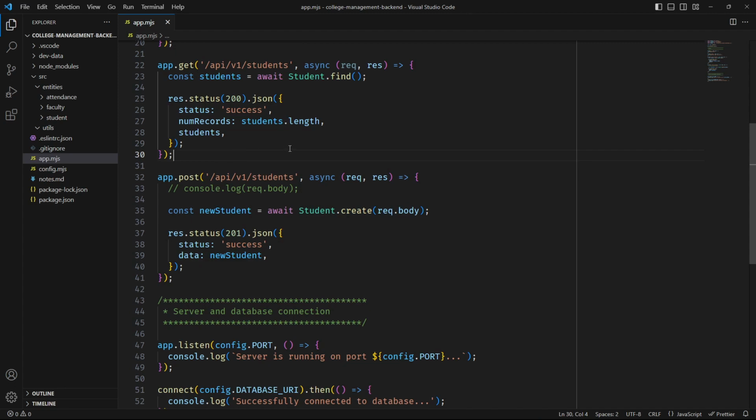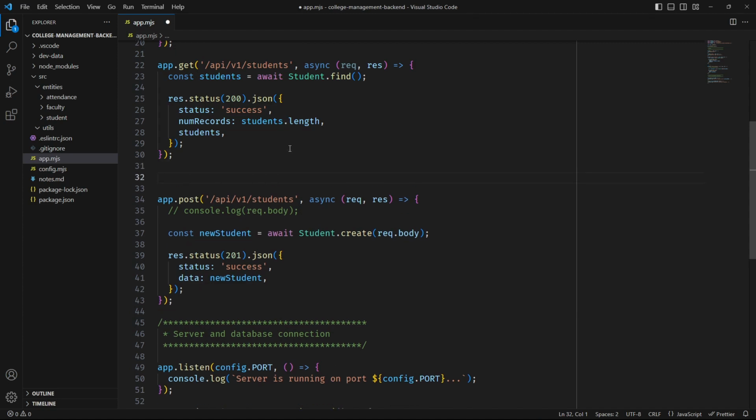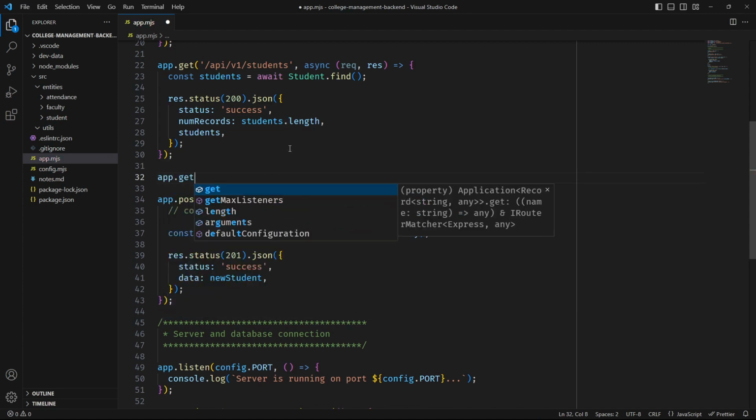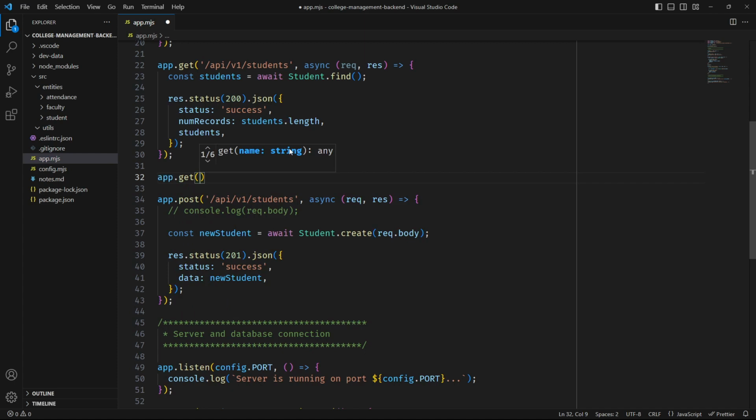How can we do that? So app.get, because we are fetching the details, and now the URL will be /:id. You will understand what this means. For now you can say we will be making a request to route /students/id, so we will supply the id of that particular student, and then we can search our database for that id, and then we can return the data. So let me show you.